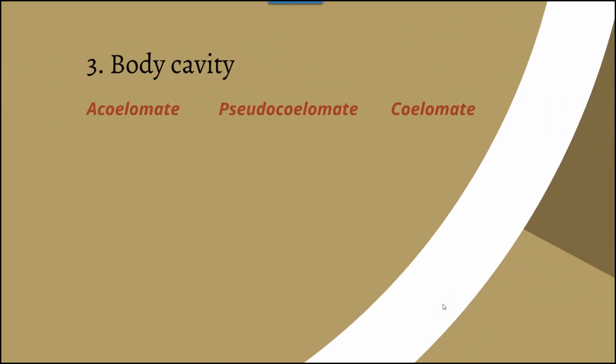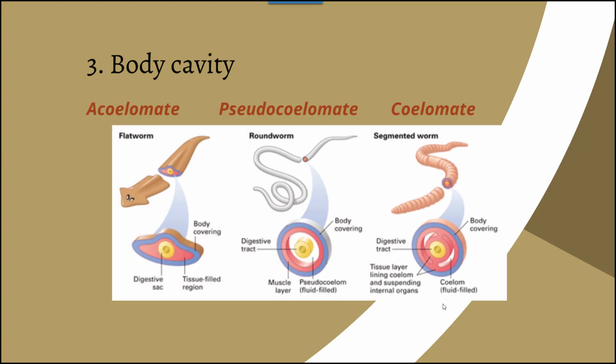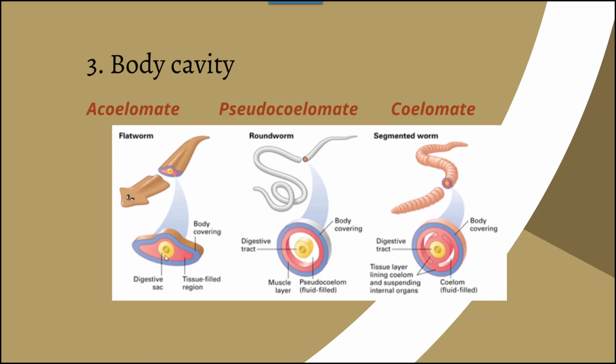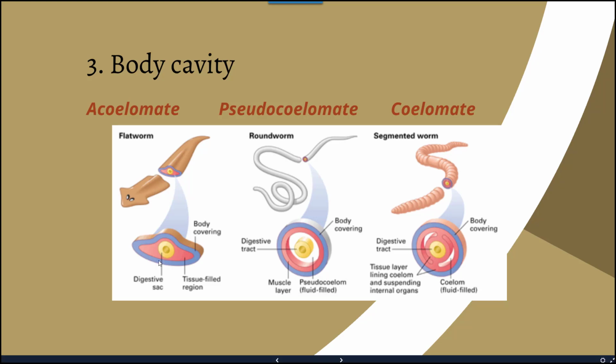There's also several different types of body cavities. We have an acoelomate, which is going to be a body cavity that does not have any of this interstitial fluid. It is just going to have a tissue-filled region as well as the digestive sac. So it kind of corresponds again to that digestive tract and how that's structured. But tissue and an exterior tissue, and then the structure for digestion.